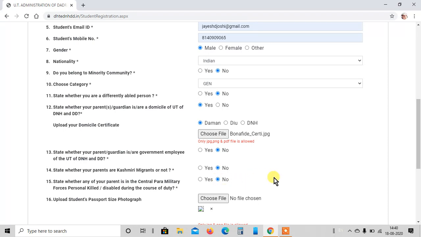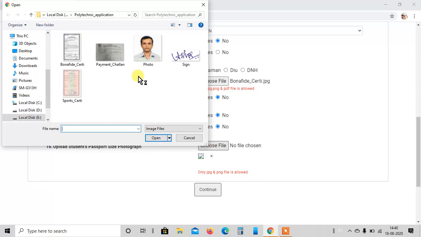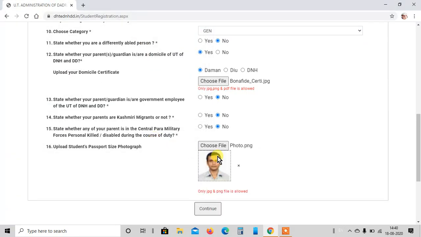If yes, then you have to give the document, or if no, you can move ahead. Here you need to upload your passport size photograph. Click choose file, and since I've already saved all my documents in the local drive, it will be easier for me to choose the photograph and insert it into the form.